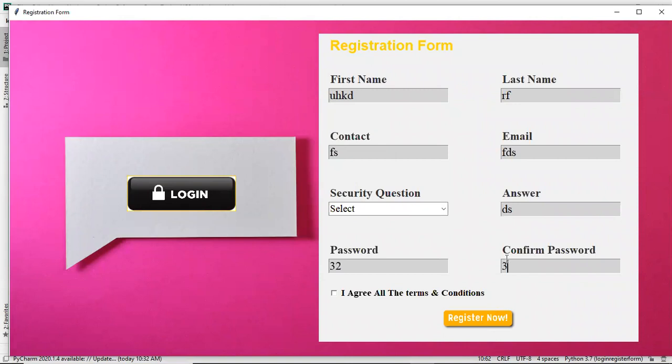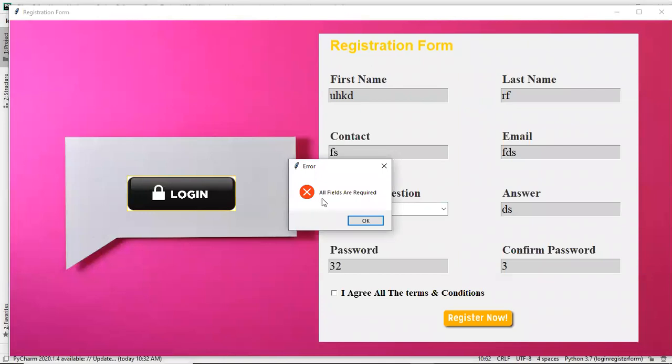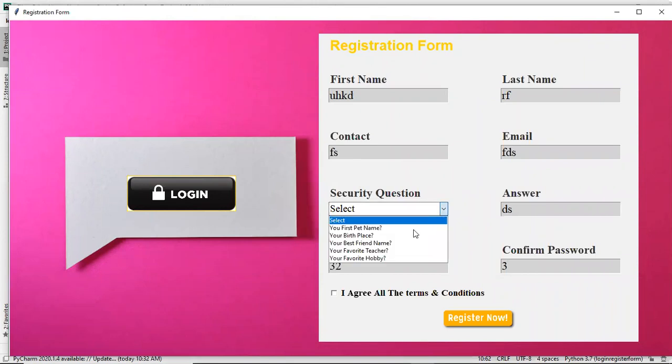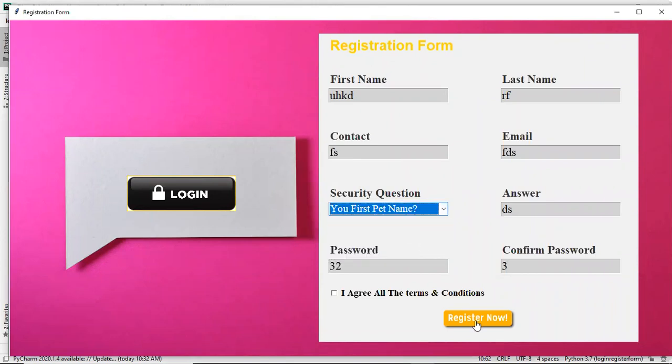See, all the entry fields are completed, but this is select, nothing else is selected here. So if I click on register now, you are still getting this message that all fields are required, because we have used or, which means if any condition is true, then the complete if condition will be true. So we have to select any of the questions here, then we can click on register now. See, I'm not getting any error message here, because after that if we have done nothing, that is why nothing is happening.